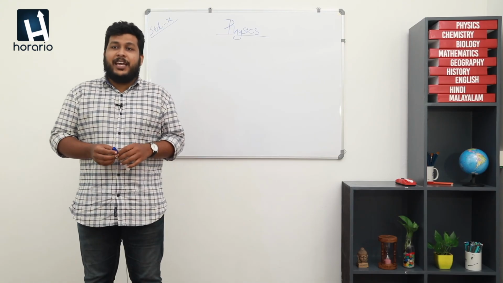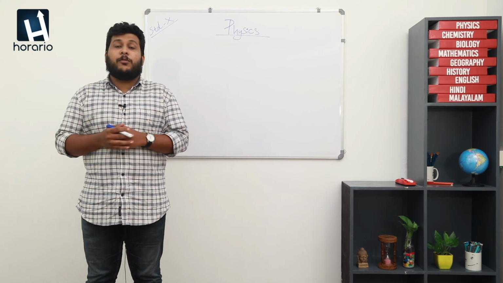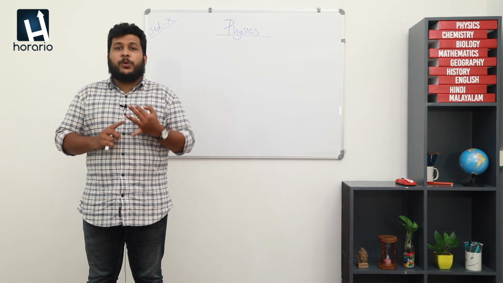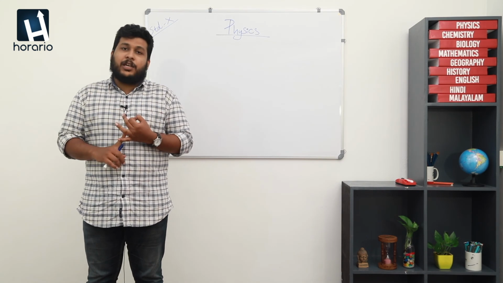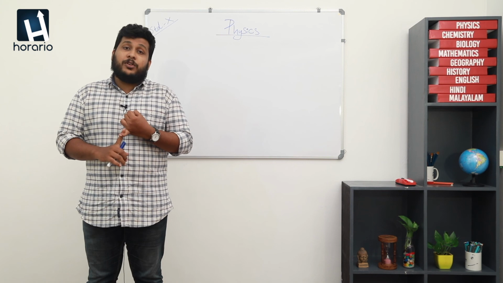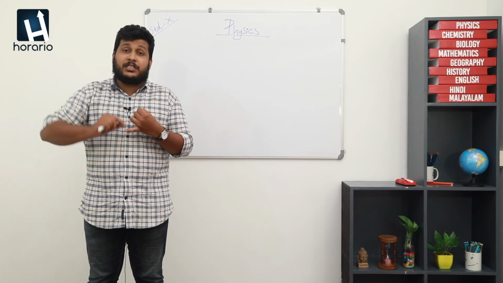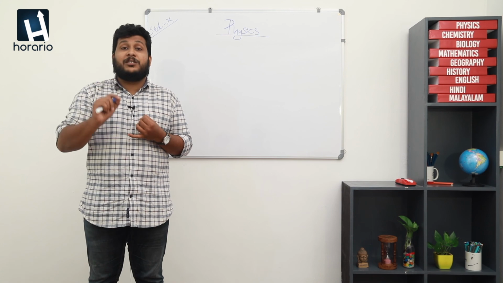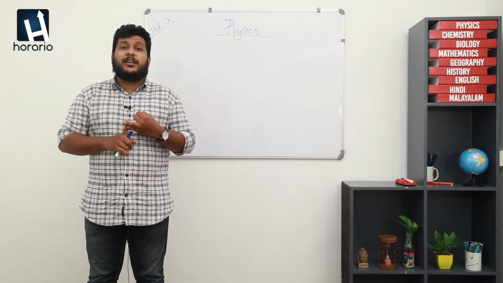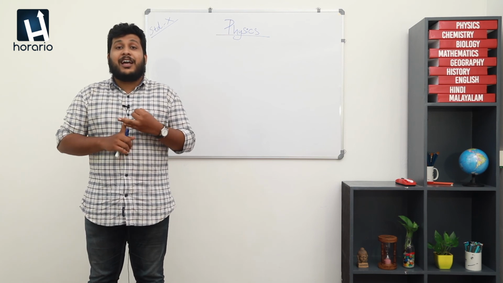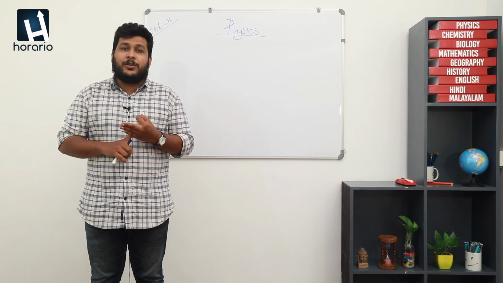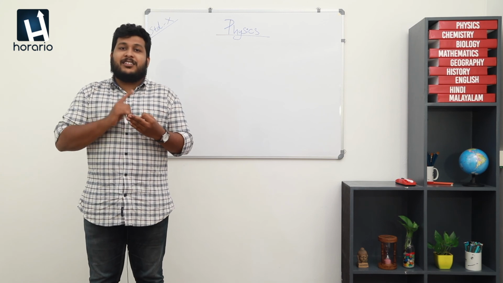Okay students, today we discussed how to solve problems using Joule's law equations. First of all, we derived 3 equations for Joule's law, and the 3 equations are: the first one, H is equal to I square RT, where we can use this equation in a question where the voltage is not given. And the second equation is H is equal to V square T by R in a question where the current is not given. And the third equation is H is equal to VIT, where the resistance is not given.